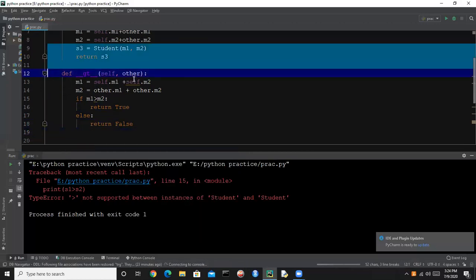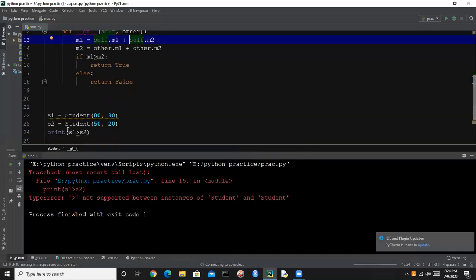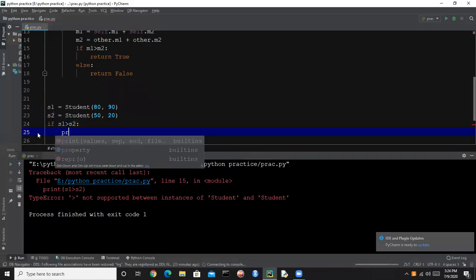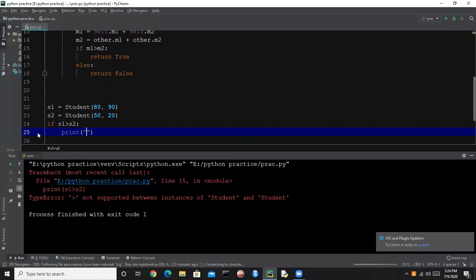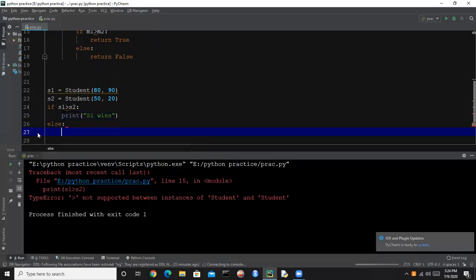If we run this, let's say if s1 is greater than s2, print s1 wins, else print s2 wins.